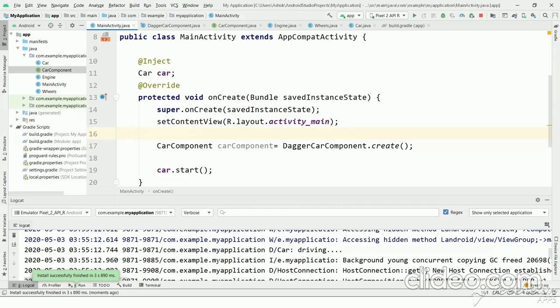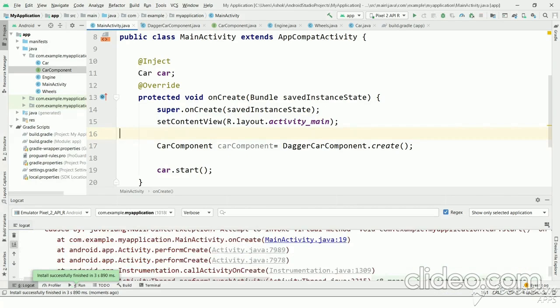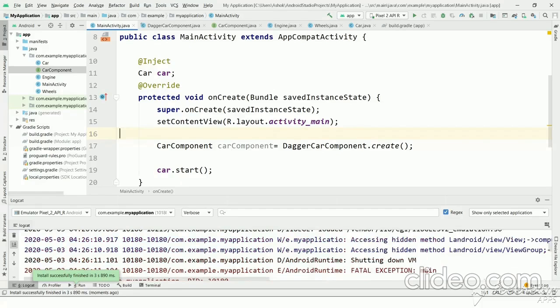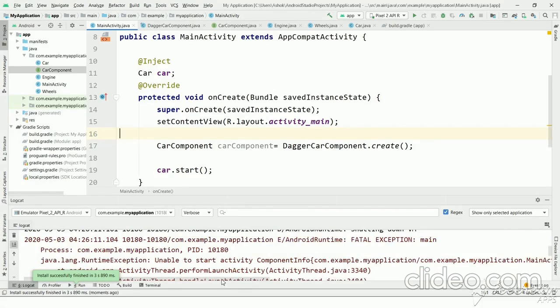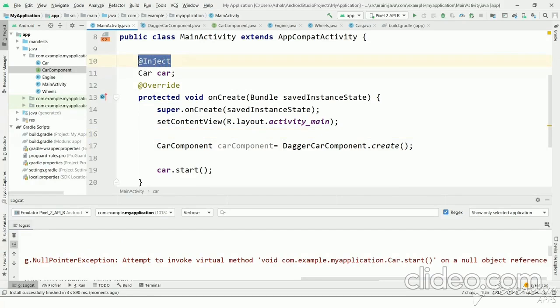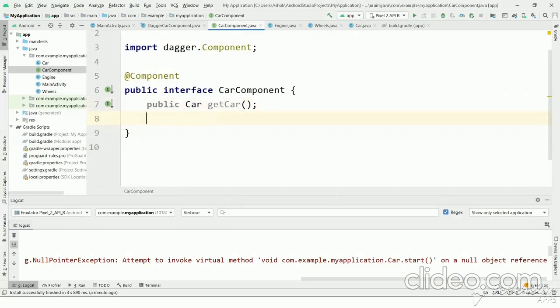Running the program, and as we can see there is a null pointer exception. So null object reference. So even though we marked car as inject annotation, the car object is not created. We need to create one method here,